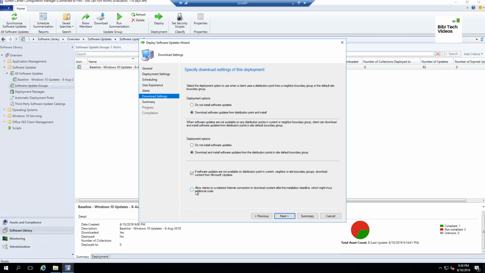Only those patches, the ones that are in this software update group. Allow clients on a metered connection, I mean, that's up to you. If you have that, make sure to talk to somebody, because this could increase the bill really high very quick. So just make sure that they are aware of it. Next,